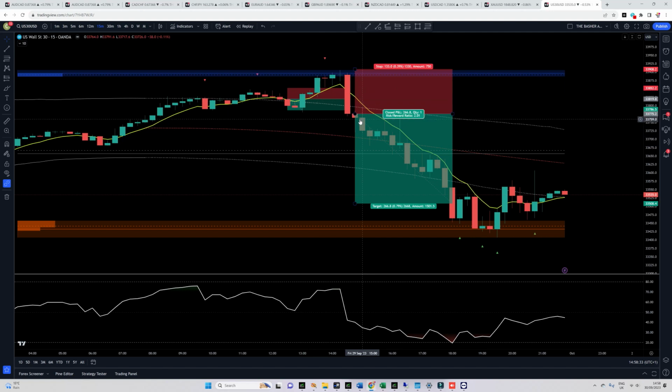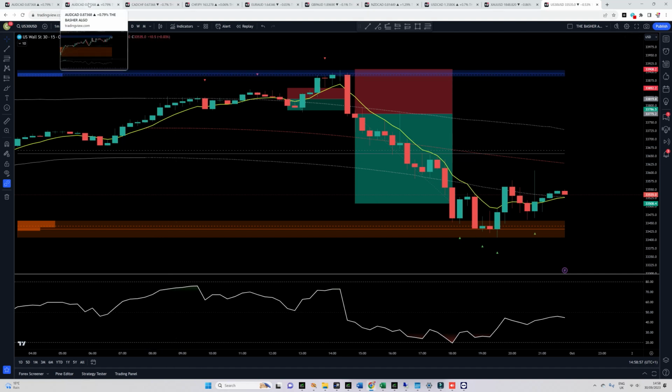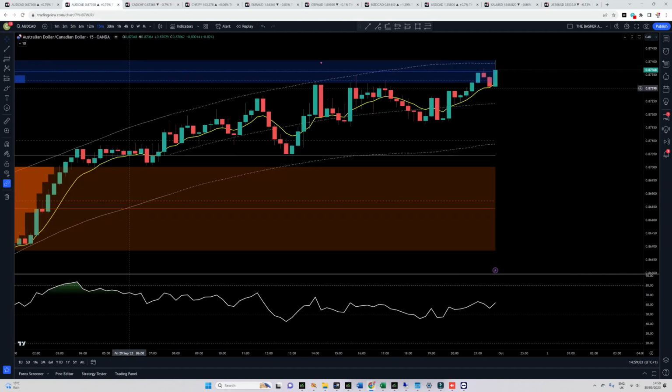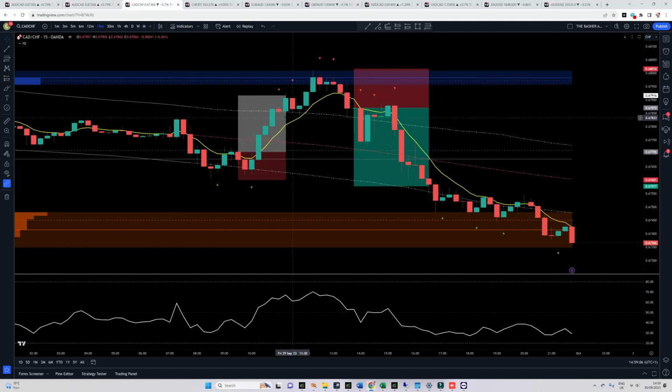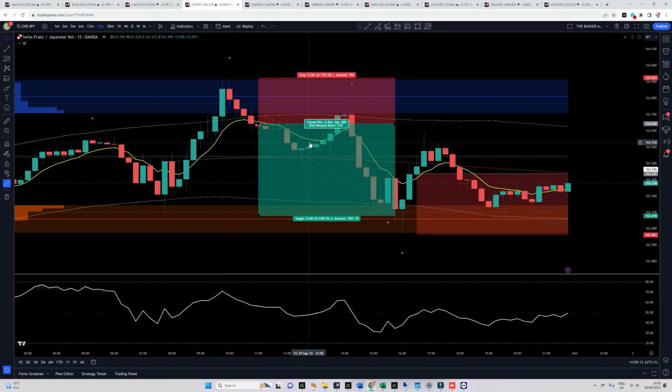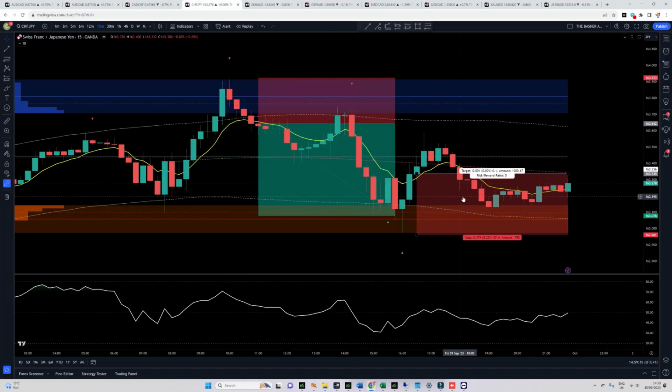We then have a close back underneath the 8 period moving average here. So we get an entry to go short, stop above the swing high, and then we get our target very easily. So there, if we look through how many trades and where we were on just a small percentage of the asset portfolio that I personally follow, we didn't have a trade on that pair. We had 2 trades, 2 wins, so you're up 4 points. We then had another trade, we're up 6 points, and then we had